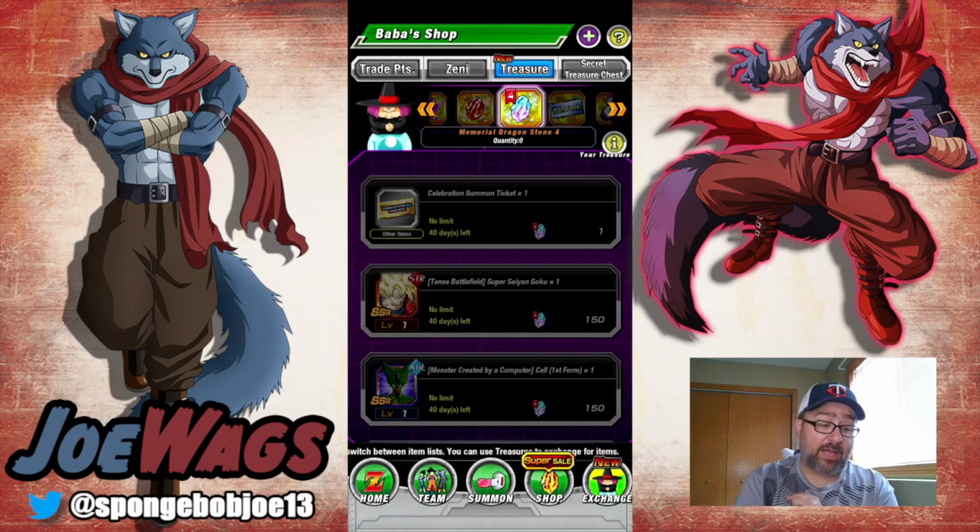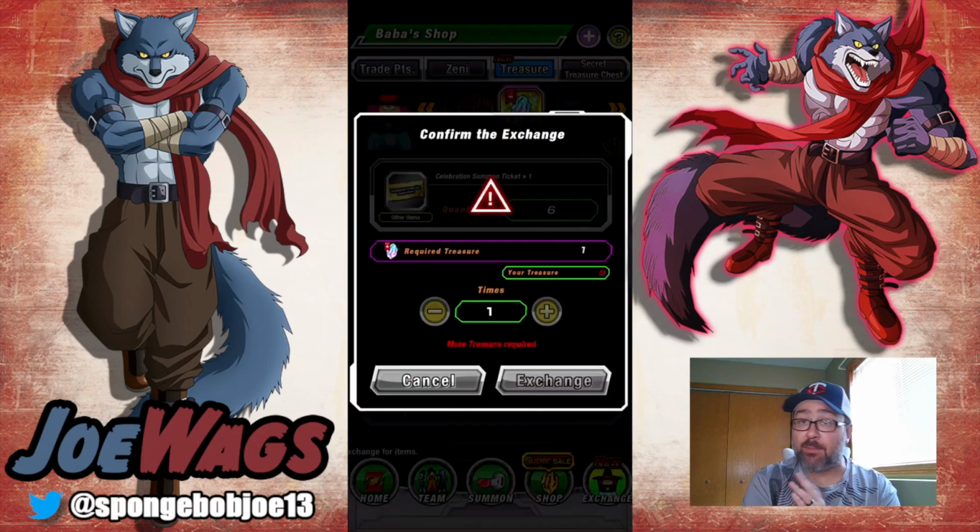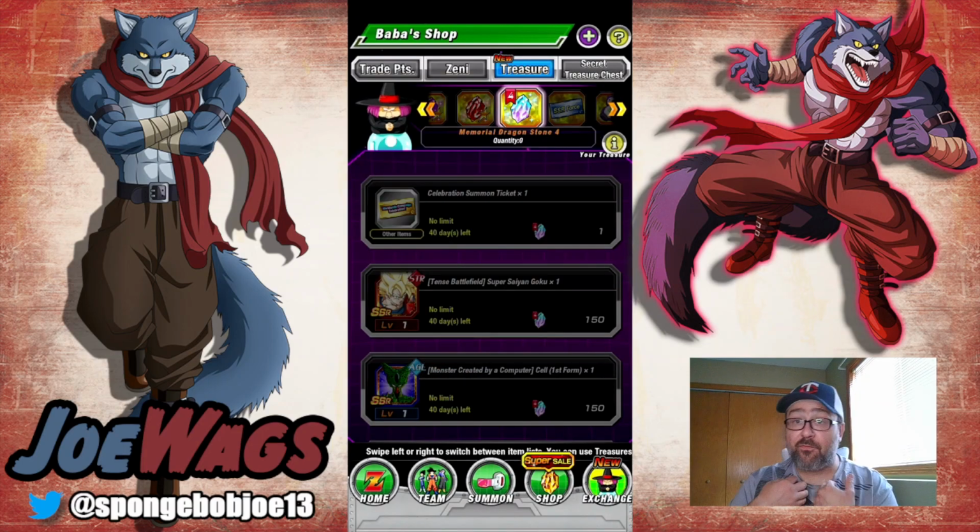Then if you have stuff left, if you're a fresher account, newer to mid-range player, I would just go in and grab a bunch of tickets and do your summons, because you can do 50 pulls and it's really fun. Now, if you're a veteran like me,